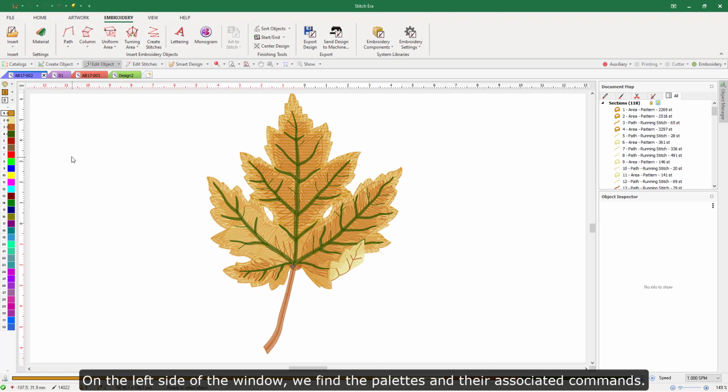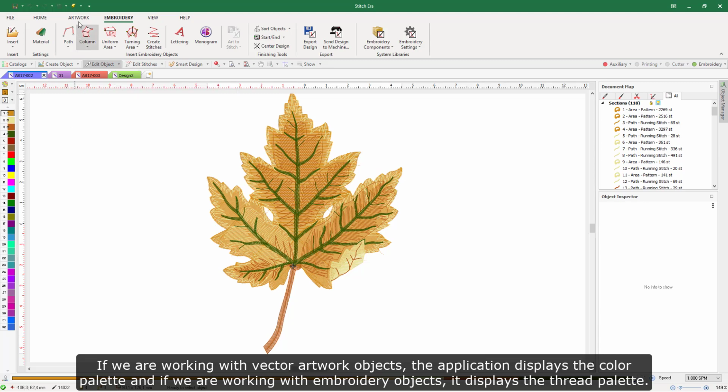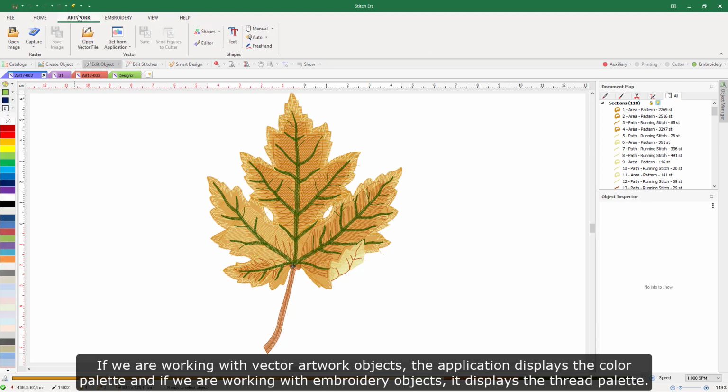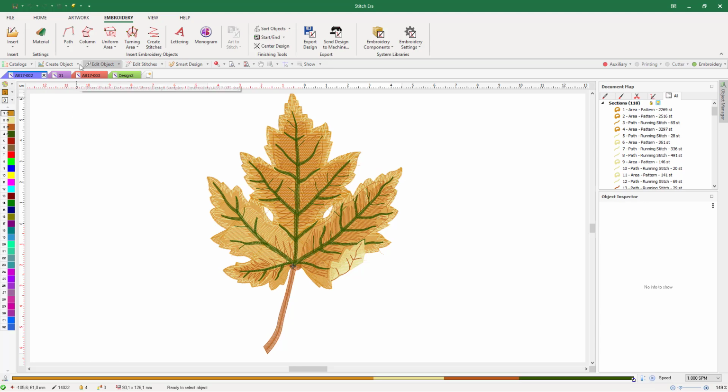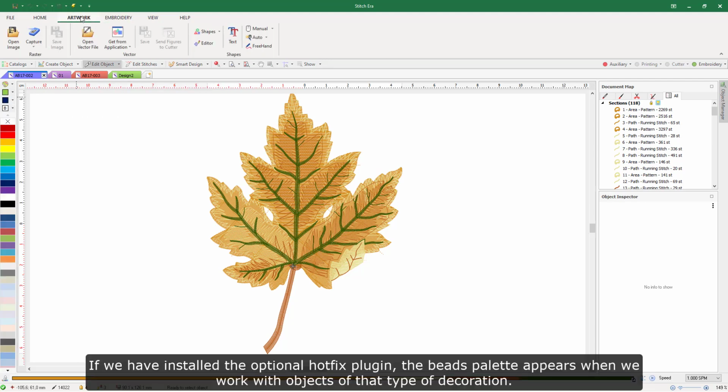On the left side of the window, we find the palettes and their associated commands. If we are working with vector artwork objects, the application displays the color palette, and if we are working with embroidery objects, it displays the thread palette. If we have installed the optional hotfix plugin, the beads palette appears when we work with objects of that type